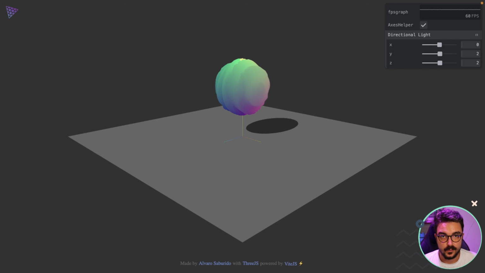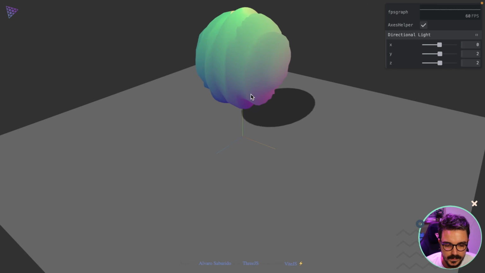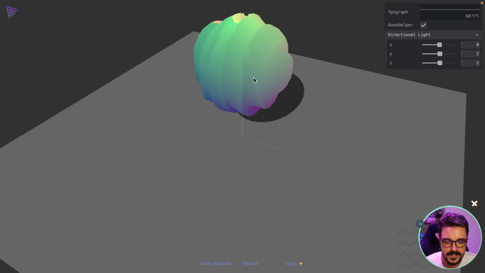Why create our own shaders? If we have, for example, three.js that already gives us specific materials and geometries like the sphere and so on, it's because there is no material in three.js that allows us to create things like this.